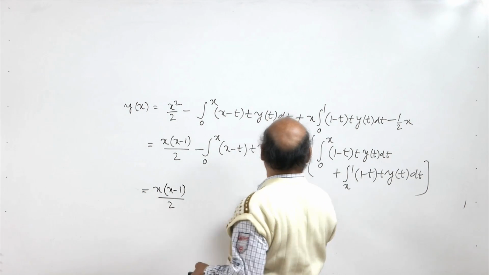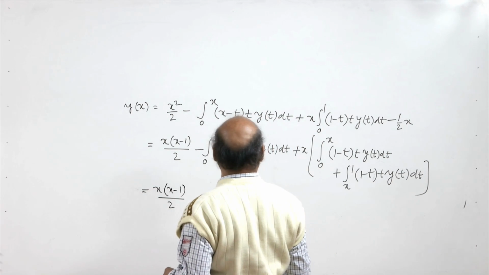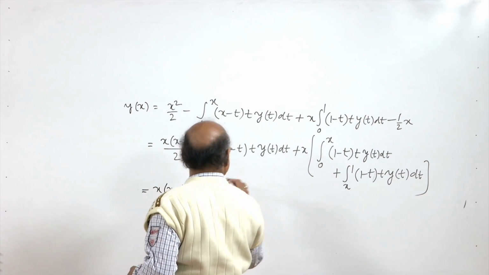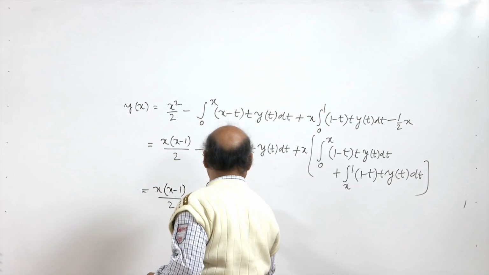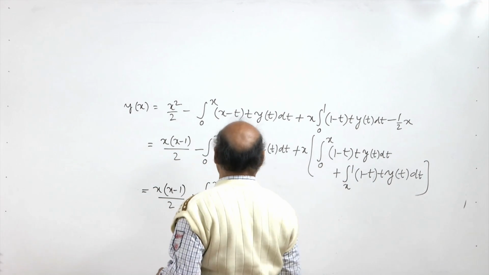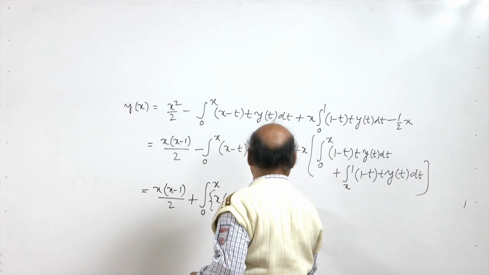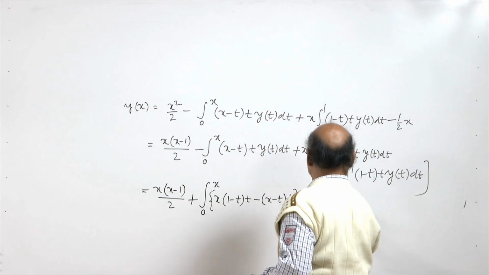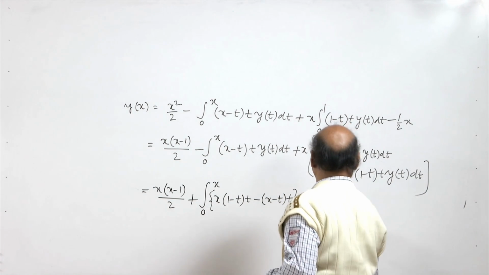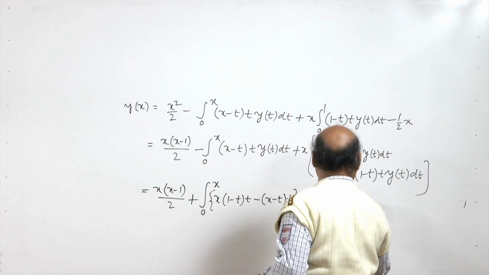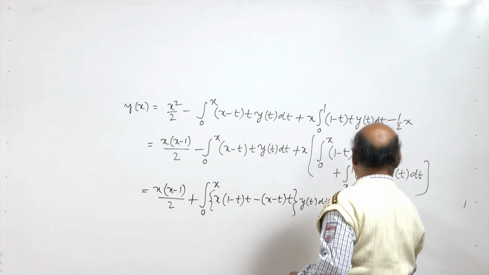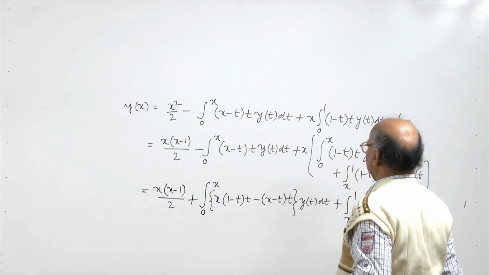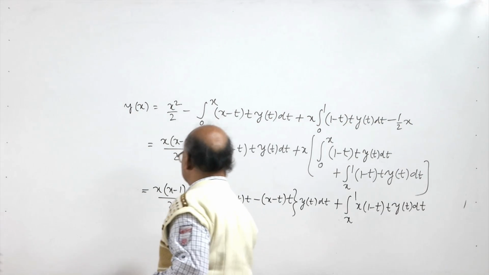So when we combine the two integrals where the limits of integration are 0 to x, we shall have integral 0 to x of x times 1 minus t into t minus x minus t into t, times y t dt, and then we shall have integral x to 1 of x times 1 minus t into t y t dt. Okay, and then it can be further written as